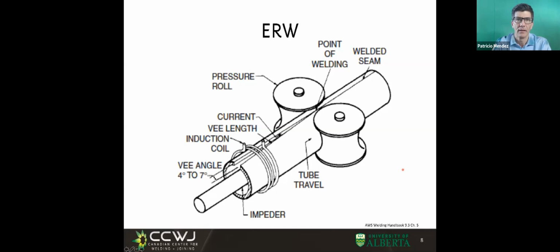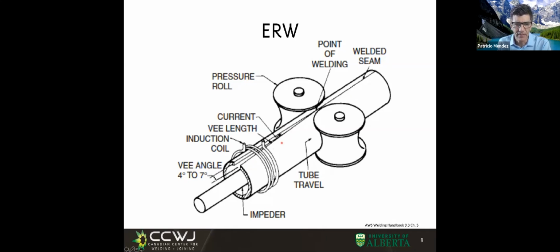Can be with DC, can be with high frequency. Right, in this schematic, we have it for high frequency. And the way this works is very interesting. When you fold the steel sheet to make the tube, right? You have these rolls, and the tube is moving from the bottom left to the top right, and this is